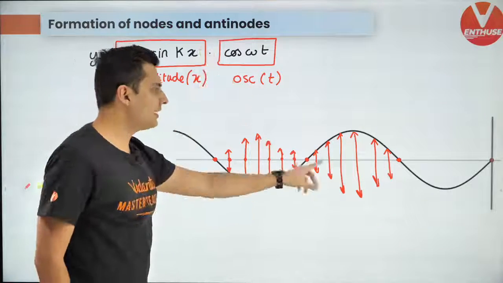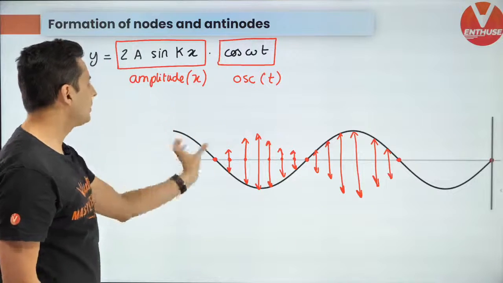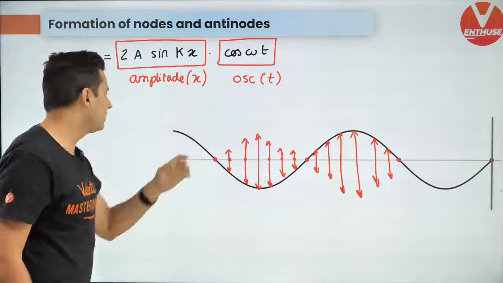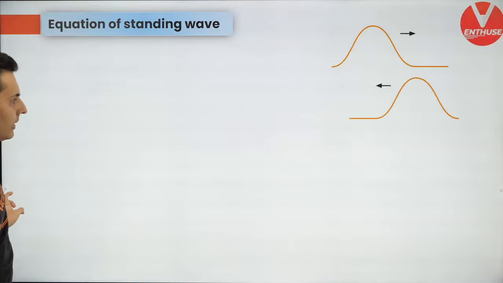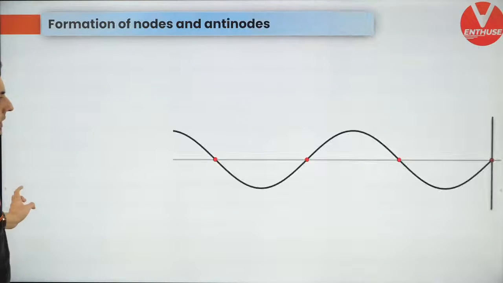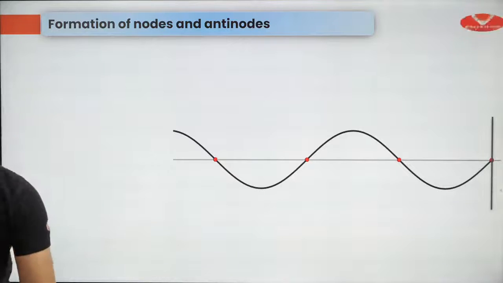I'm just going to erase this in order to play the simulation. So keep this in mind: amplitude as a function of x into oscillation as a function of time. So let's see how it exactly looks. Okay, I'm not sure why it's not playing, but it's okay. I will show that to you on a separate